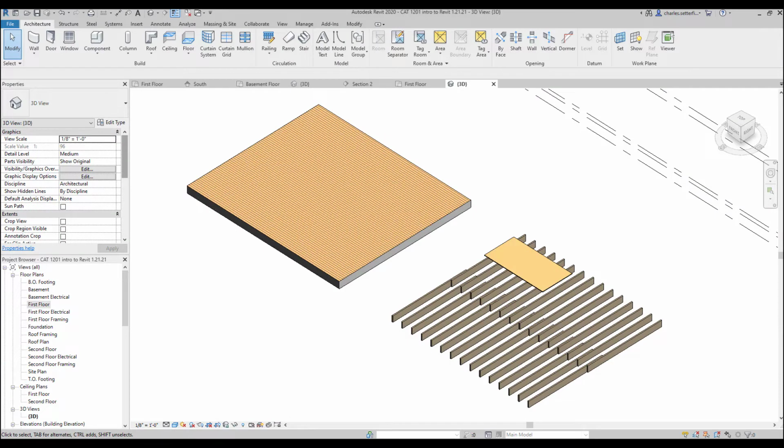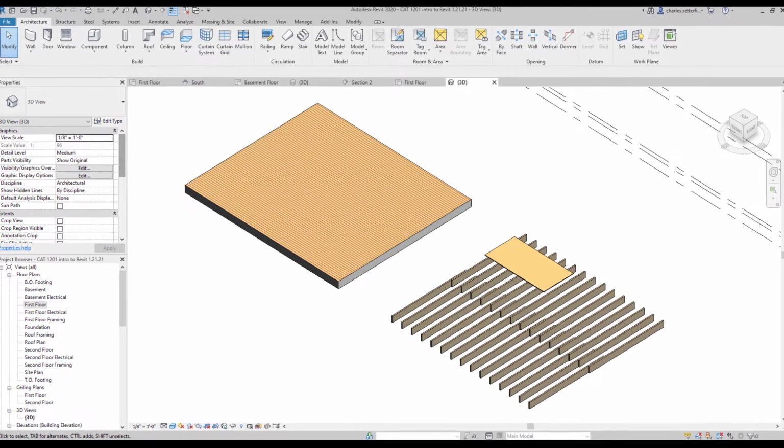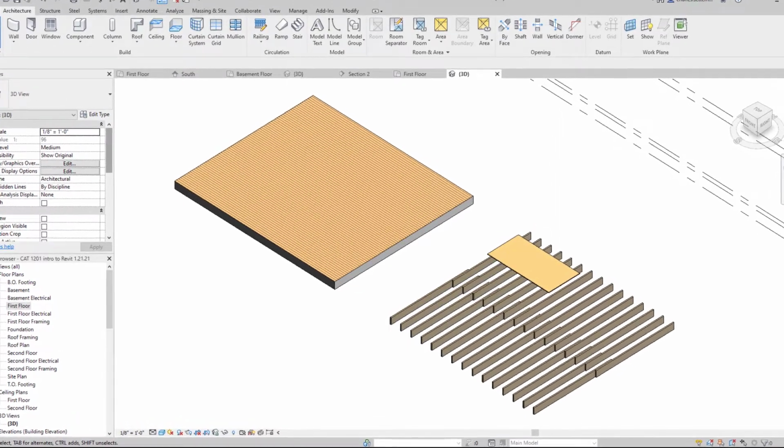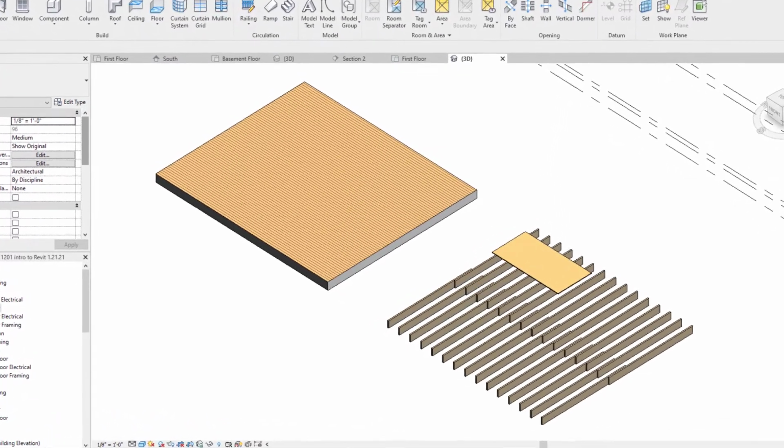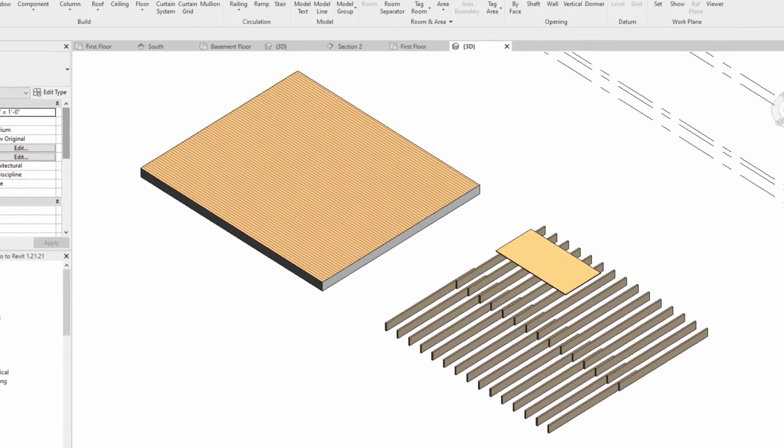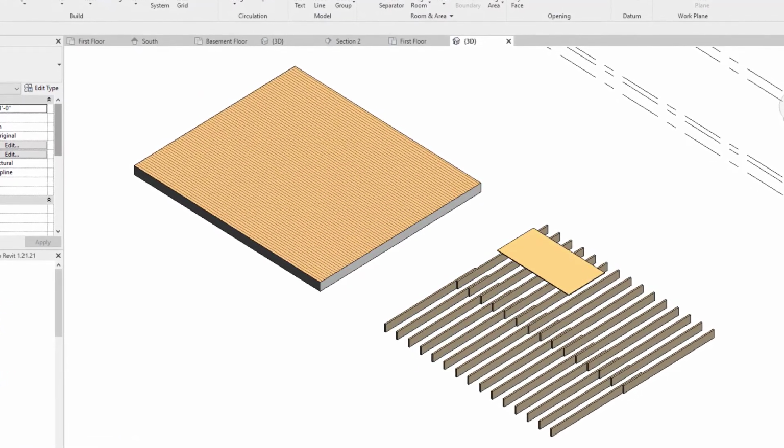So now we're going to put a floor on top of our foundation. We should get into a little discussion here about what's referred to as level of detail. In other words, how many things are you going to actually model within your Revit project? Revit can be very, very detailed. We can model every screw, every nail,